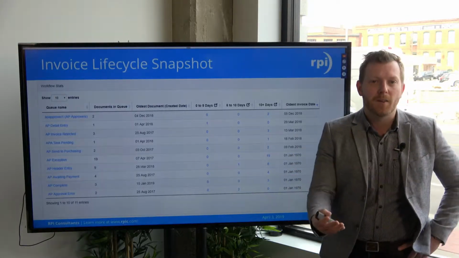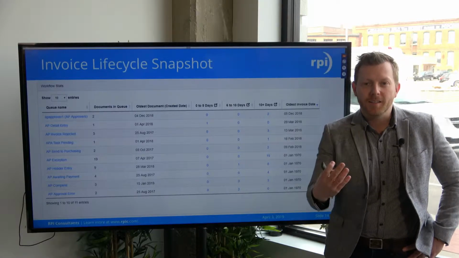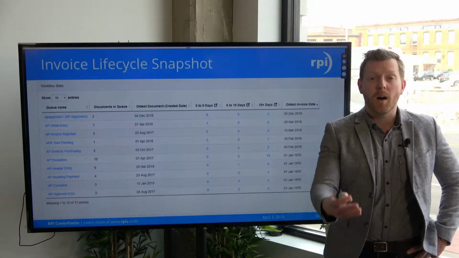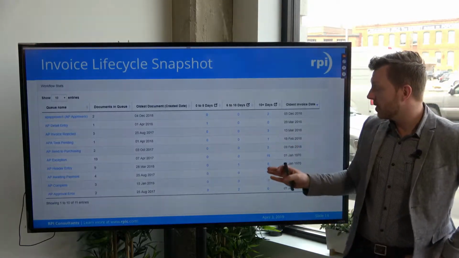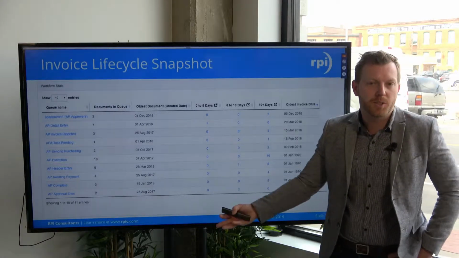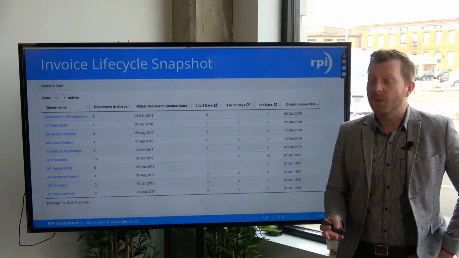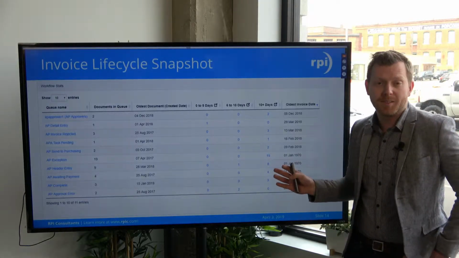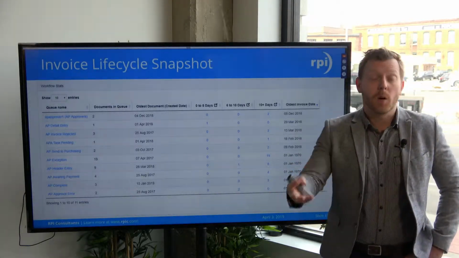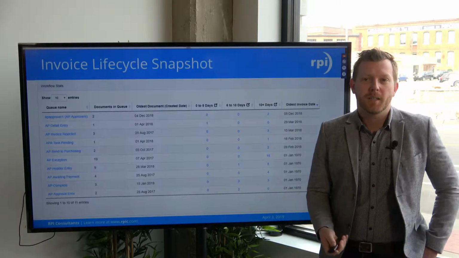It's also good to identify areas where maybe a lot of things are failing potentially and you don't know why. You can use that opportunity to identify documents. So if it's in an exception queue, for instance, you can say, why do I have 20 documents in here and the oldest one is from 2 months ago? Let's go in and investigate and see why that's happening.